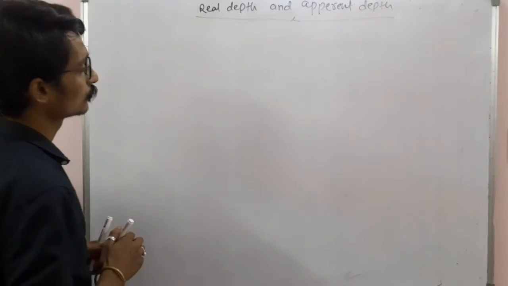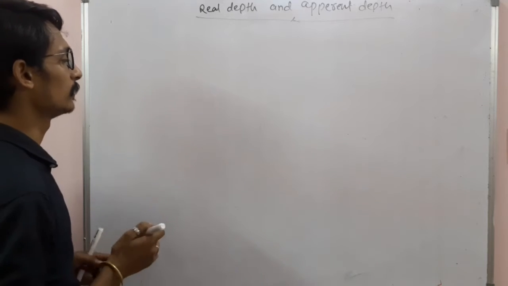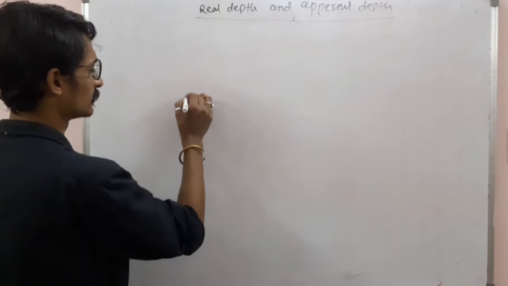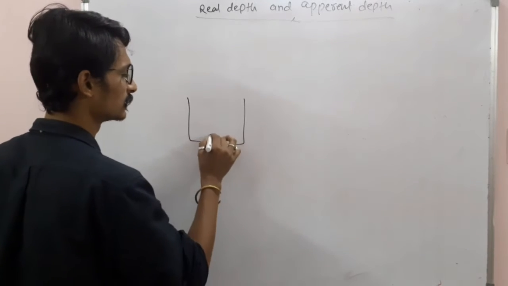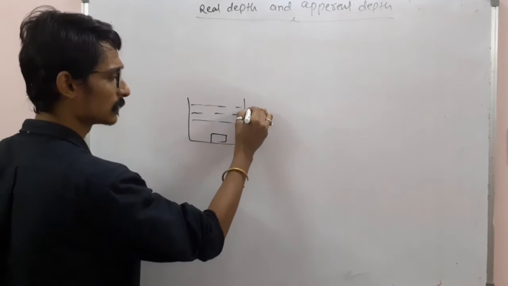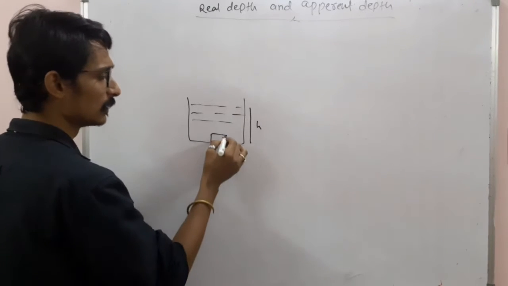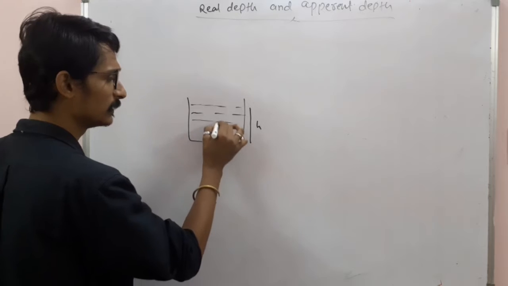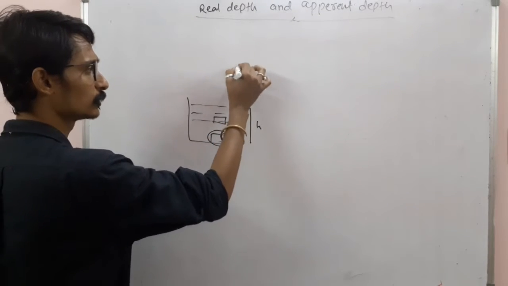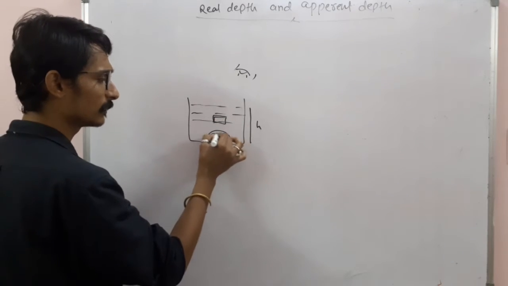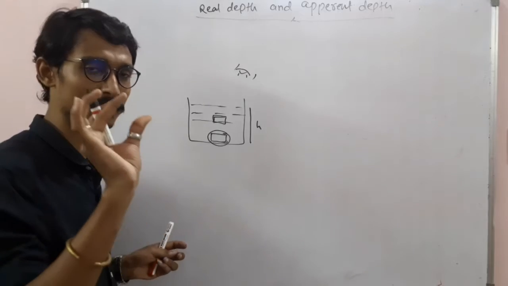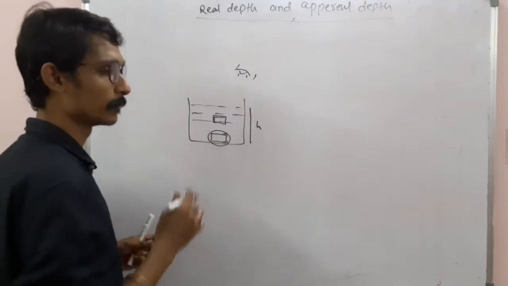First of all, I would like to remind you of a very simple experiment you would have done in class 9th or 10th, that there was a tank like this and a brick is kept over here and water is filled in the tank. Then the depth of the tank, suppose this is given as H, then the position of this brick is somewhere here. The position of the brick seen by any observer from this position is somewhere here, not at the actual position, right? It seems a little bit less deep if you see from here.